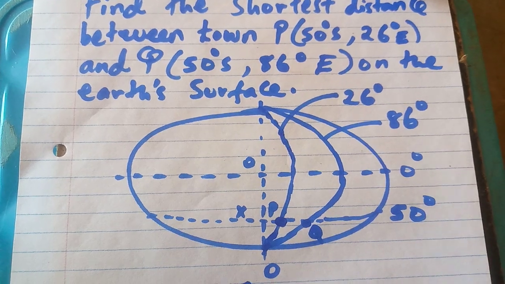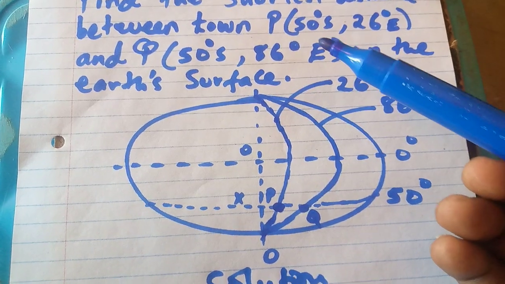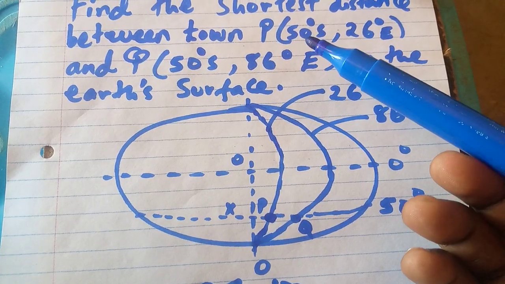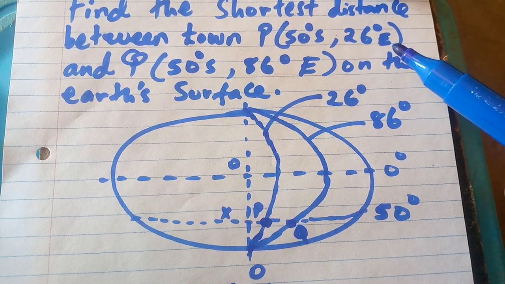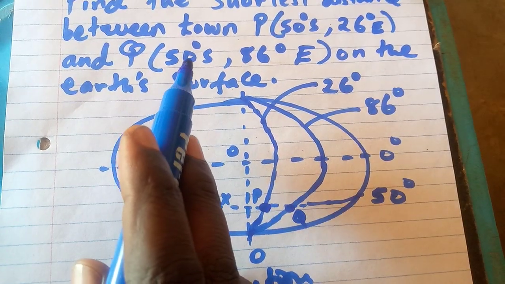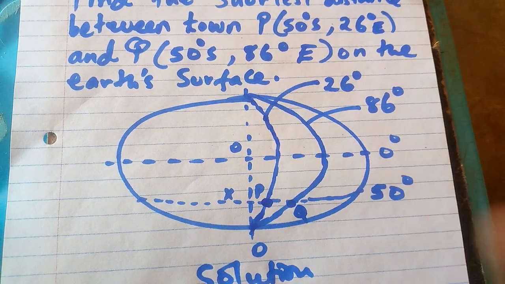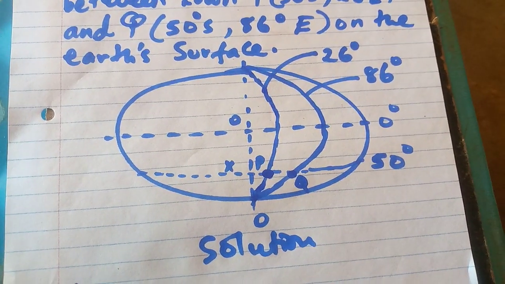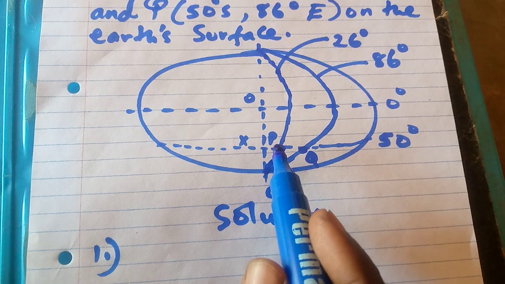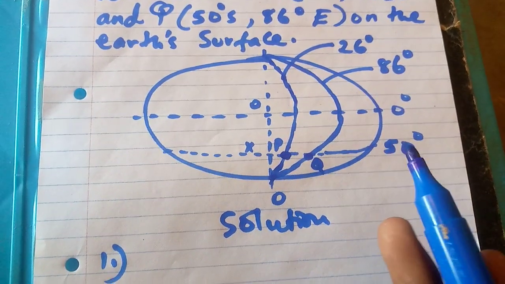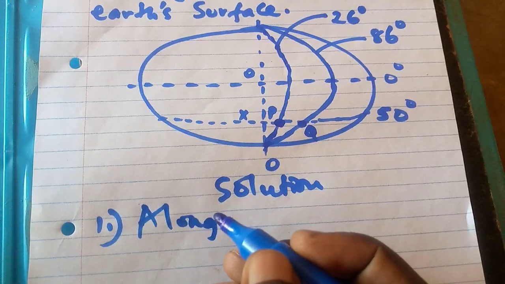So on the solution part, we have 2 points here. P, which is on latitude 50 degrees south and 26 degrees longitude east, and Q is also 50 degrees south and 86 degrees east. So let me start by the first approach. I want to find the distance between these 2 points. I've drawn them in this diagrammatic representation. So let us start by computing it along